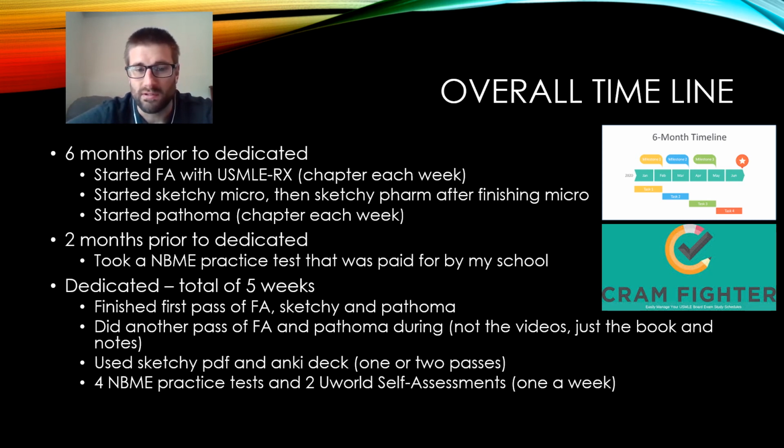In addition to that, I used the Sketchy PDF and the Sketchy Anki deck. So I think I did 1.5 passes through each of them because I kind of ran out of time. But that is something you can find on Reddit. And if not, I'm sure older classmates might have that access. And then when it comes to practice tests, I took a total of 4 NBMEs and then 2 UWorld self-assessments,